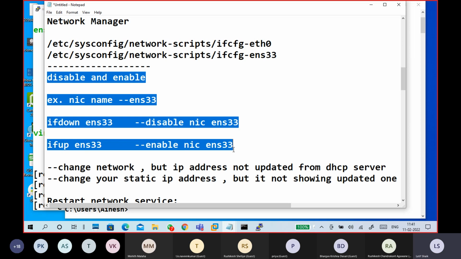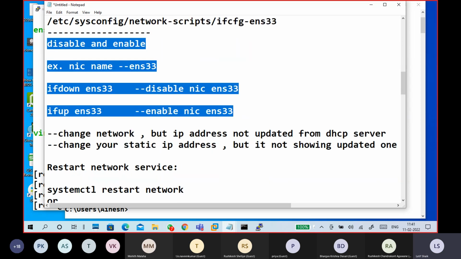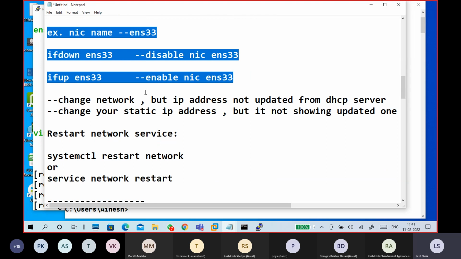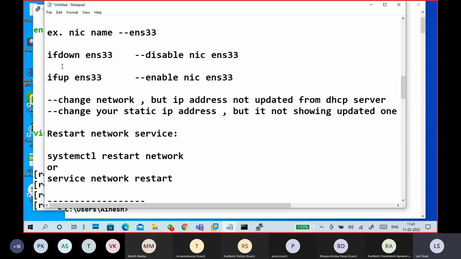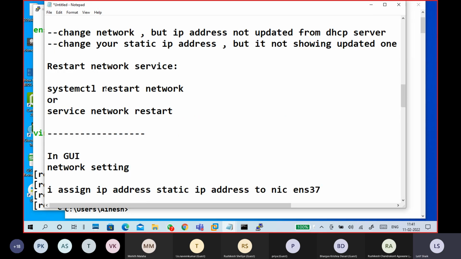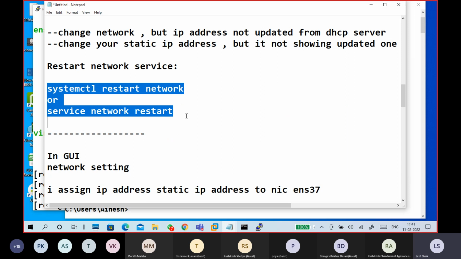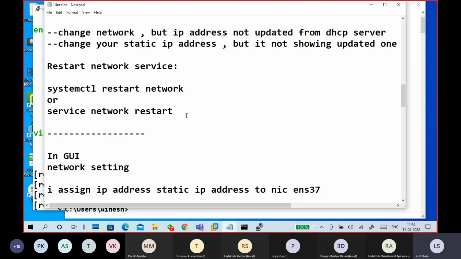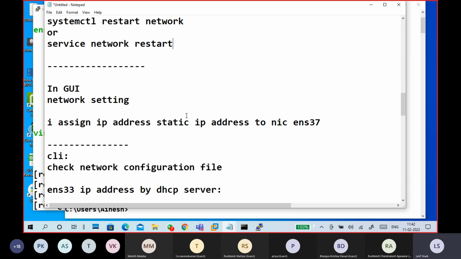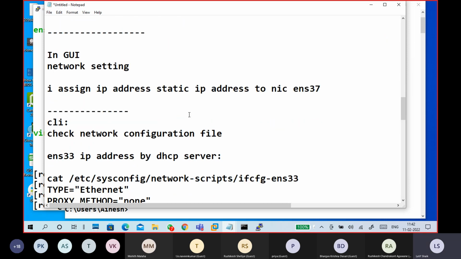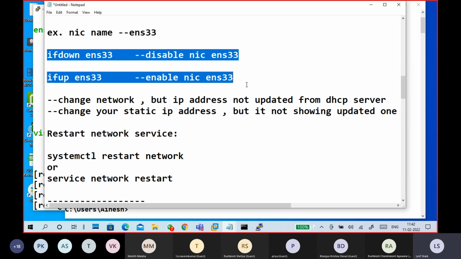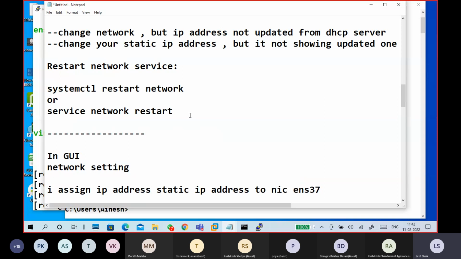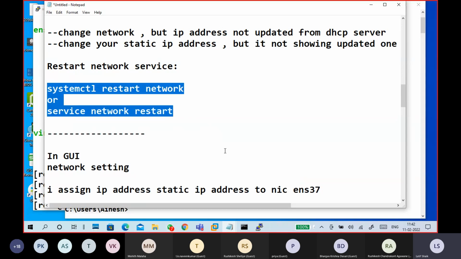Next, after you make changes, you want to update the configuration, or if you got an IP address, in both conditions you can disable the adapter and enable the adapter. Sometimes you don't know the network adapter, or sometimes you start a machine and you don't get an IP address. The IP address is not updating. Also, you can restart the network, network manager, like that you can give the command. But this is more effective, as we've seen also. The entire network is restarting, so that will take time.